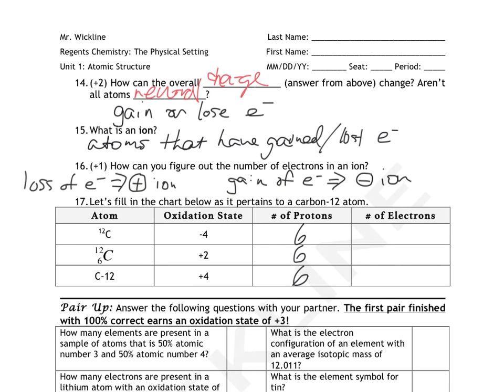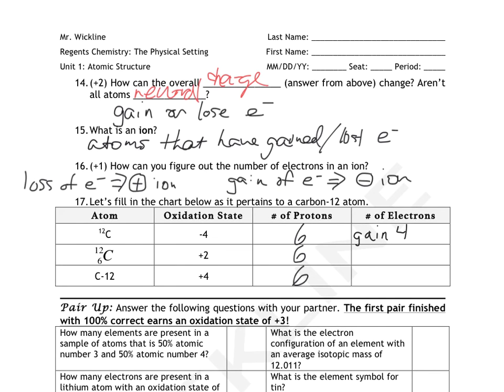So here, for the first one, the oxidation state is -4. Think of it in 2 steps. The negative is going to bring you up here, meaning that electrons have been gained, because gain of electrons will give you a negative ion. So if that's true, this negative ion must have gained electrons, so I'm going to go ahead and write in the word gain. And the trick is to think about how many electrons it must have gained. Since its oxidation state is -4, that means it gained